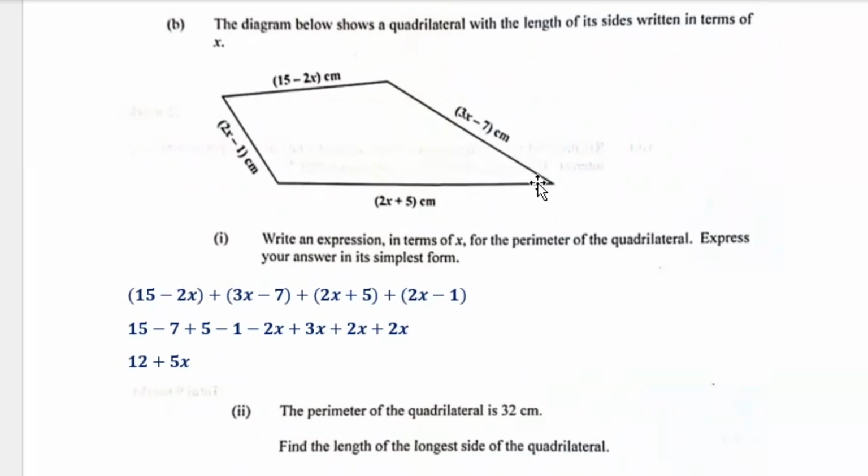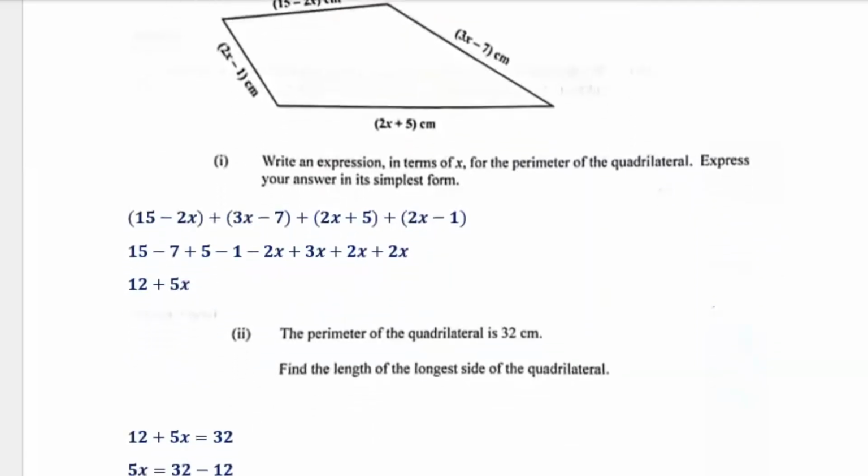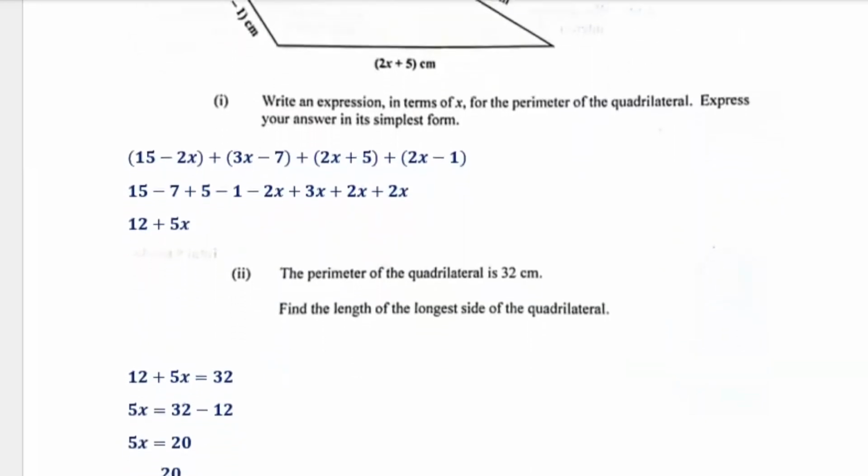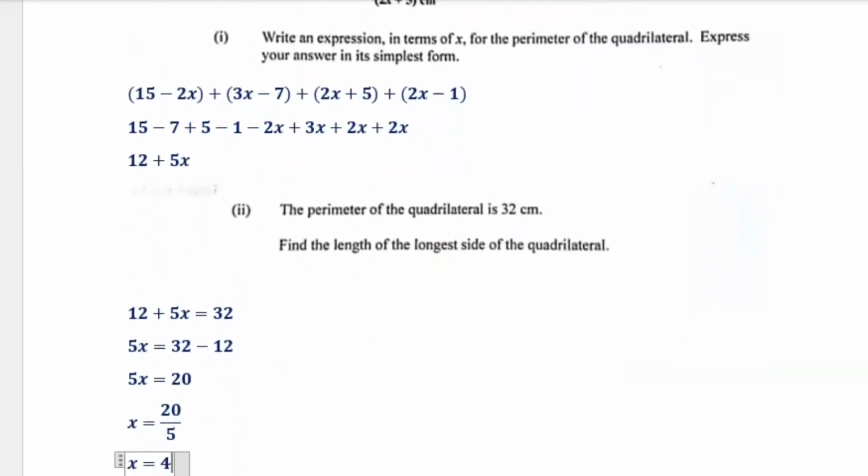But also we know that usually in math, there's a disclaimer that says it's not drawn to the exact size or anything of the sort. So we're going to do it both ways, or we can just substitute x into all 4 sides, all the expressions on all 4 sides, and then we are sure which side is the longest side. So these are the sides here. So we had 15 minus 2x, 3x minus 7, 2x plus 5, and 2x minus 1. So we're now substituting